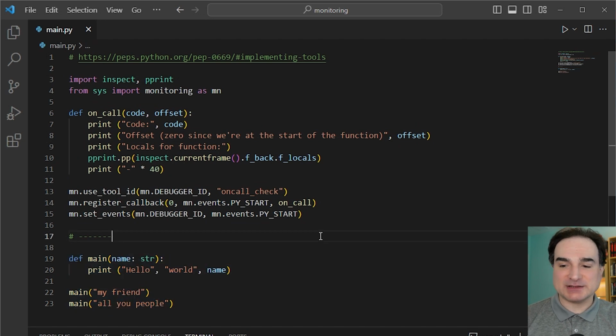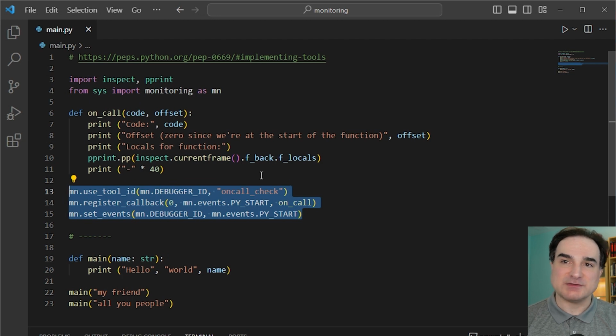Now, there are bigger plans for the monitoring API over time, and they include possibly adding more hooks and having third-party tooling for profiling or debugging, making better use of it. And that means the performance hit that we normally get when profiling or debugging can be made a lot smaller because the monitoring API is highly efficient. So in the meantime, if you're using Python 3.12 or looking into using it, you can experiment with the monitoring API to see what kinds of insight it can give you and how it can give you those things in a very streamlined way.